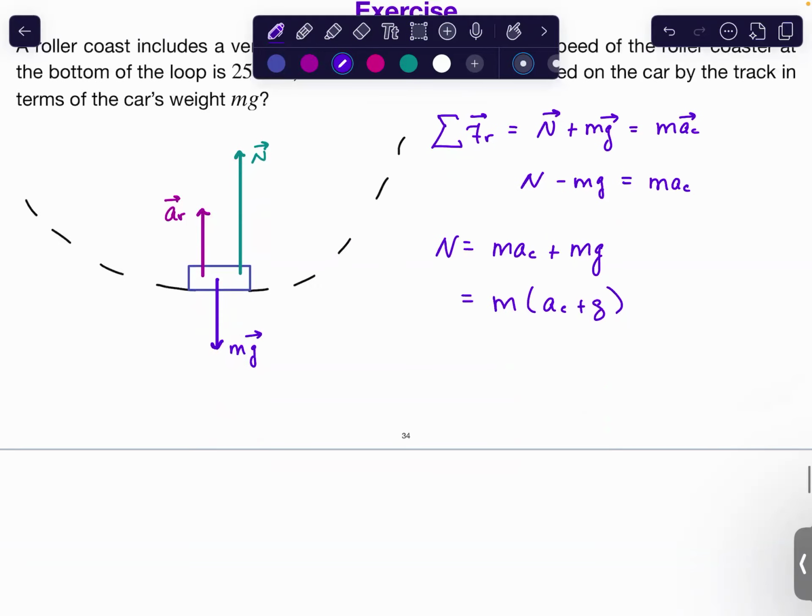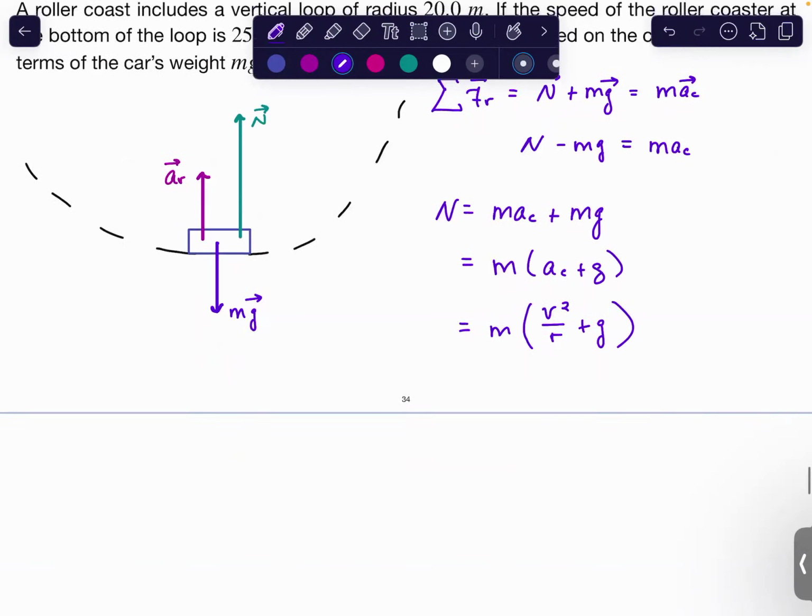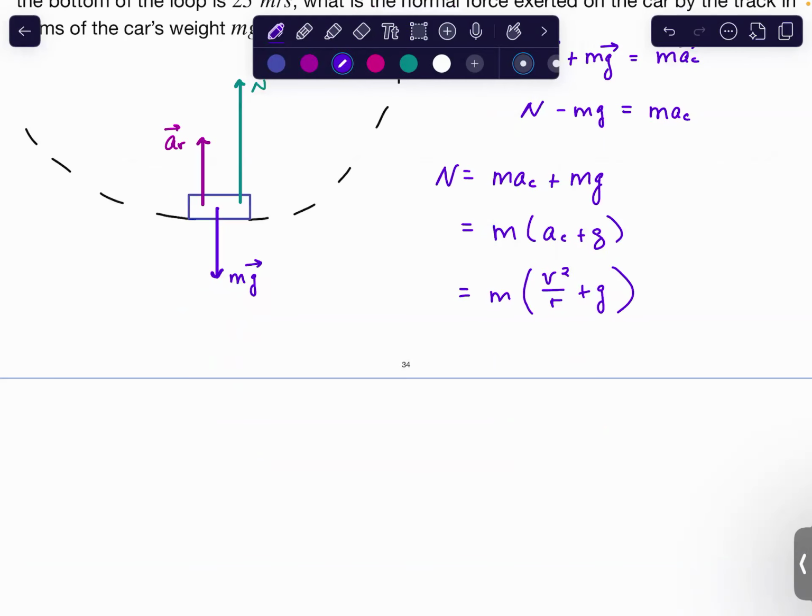Now let's try this. So AC is going to be, remember, V squared over R, G. So when you put your numbers in, so,